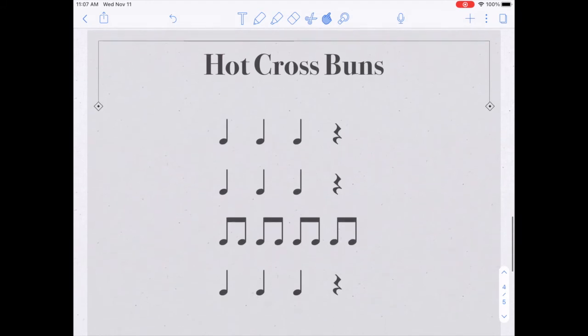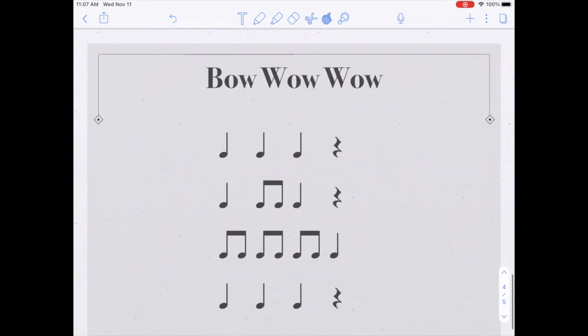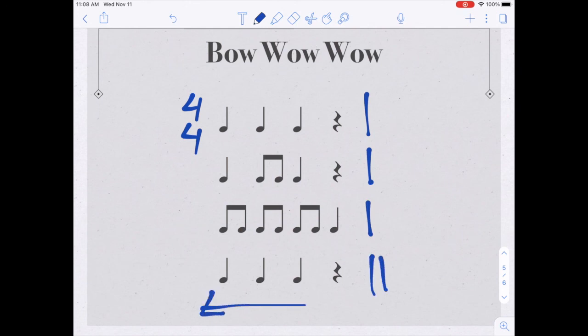Hot cross buns. Let's add our time signature, 4/4, bar line. You noticed in hot cross buns, every phrase only has 4 beats. So you draw one at the end of the line, double bar line. Bow wow wow looks to be the same. Time signature, bar line after 4 beats, double bar line at the end. And don't forget, the measure is the distance between